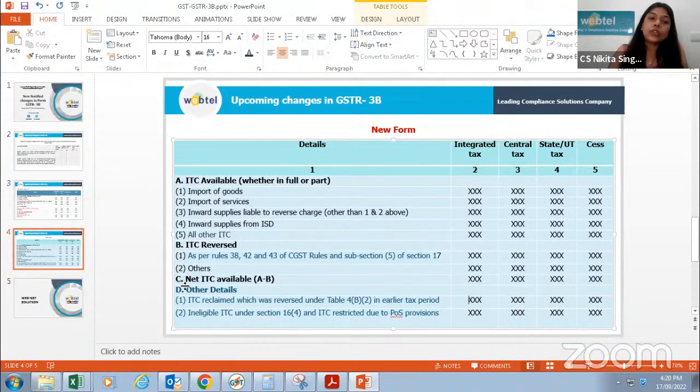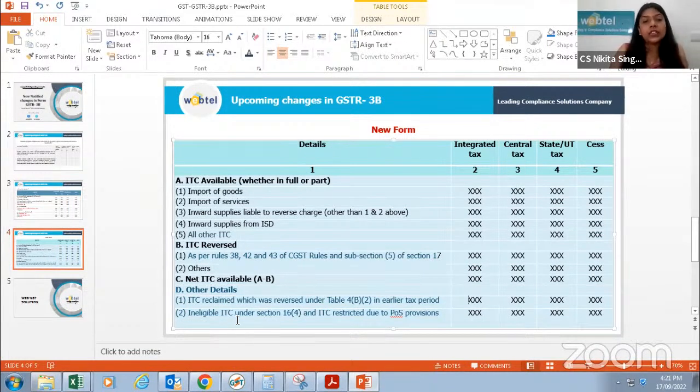Now 4A हमारा आ गया, 4B आ गया। In 4C we are getting net ITC available. उसकी कैलकुलेशन सेम ही है जैसे पहले थी। 4A में से 4B हम अगर सब्ट्रैक्ट कर देंगे तो will be getting net ITC available. 4D रिपोर्टिंग पर्पस के लिए है, उसका all other ITC पे कोई इम्पैक्ट नहीं है। इसीलिए जो कमिंग मंथ्स में मैंने आपको बताया कि हम आईटीसी रिक्लेम कर लेंगे, तो उस केस में सिर्फ मुझे दिखाने के लिए, ताकि गवर्नमेंट को पता लग जाए कि मैं कौन सा आईटीसी है जो मैं रिक्लेम कर रही हूँ, तो इसलिए मुझे ये यहाँ पे शो करना है। Then